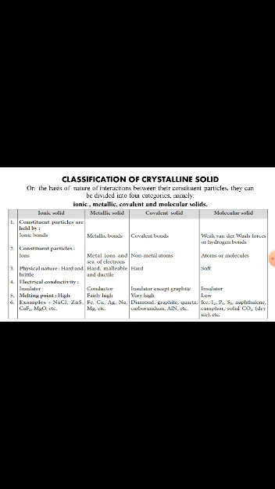Due to covalent bonding, these bonds are directional in nature. That's why these solids are hard. Electrical conductivity: except graphite, they are insulators. Graphite is conducting